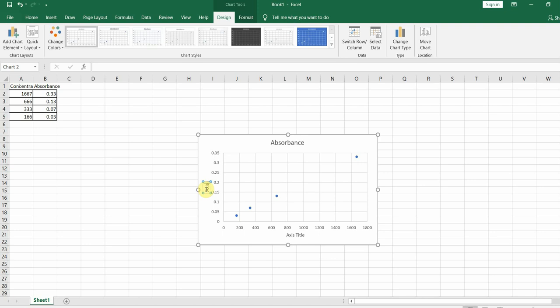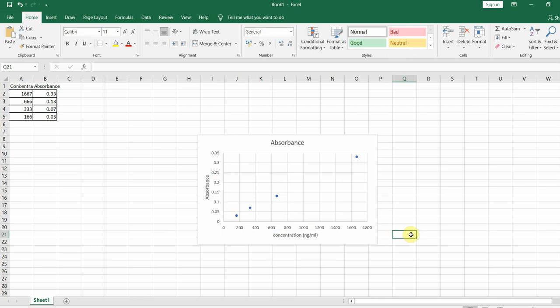I'm going to label this side as absorbance and the x-axis as concentration. You can mention the unit also. If it is in nanogram per ml, you can mention that, and it will be reflected that way. So now it is proper.